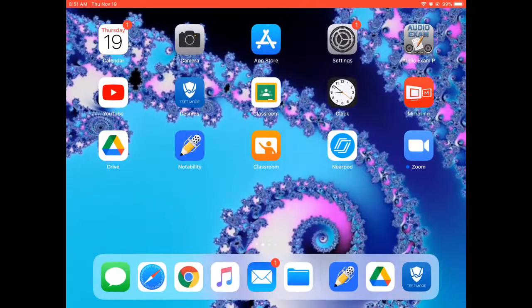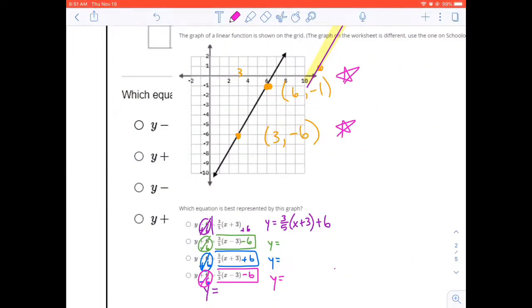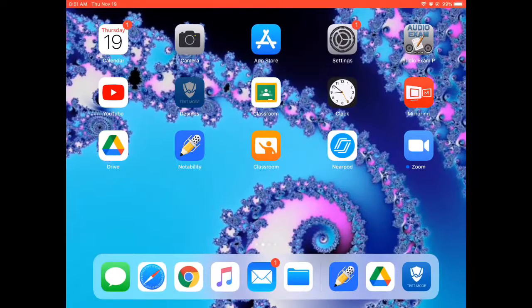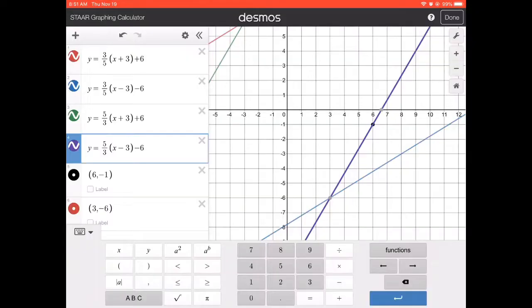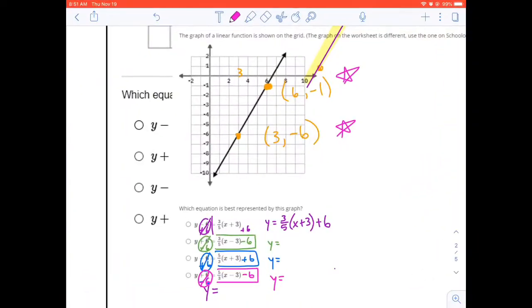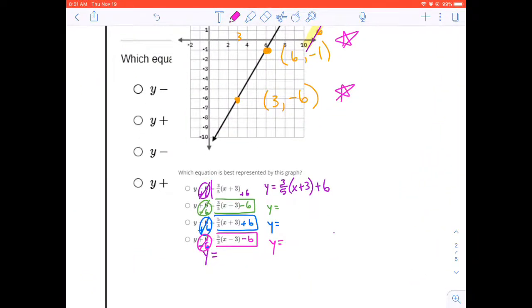When you go back to your Notability and you look, also I put them in the same order, so it should be the fourth one down. So like answer choice D. So let's check. This was it. And let's double check. Now what I actually want to do is I actually kind of want to back this up a little bit